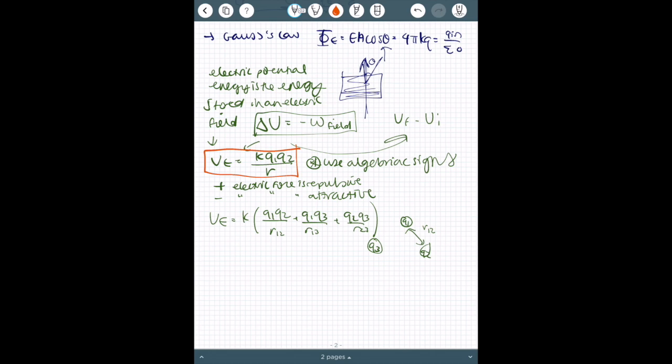So you see the top example in orange, that's if there were only 2 charges, but here we have 3 charges, so that's what we're going to use. If you have 3 charges or more, you just need to add the potential energy of each pair of the point charges. We want to make sure we don't double count those, so if you do Q1, Q3, don't do Q3 and Q1 because it's the same thing. The next thing that